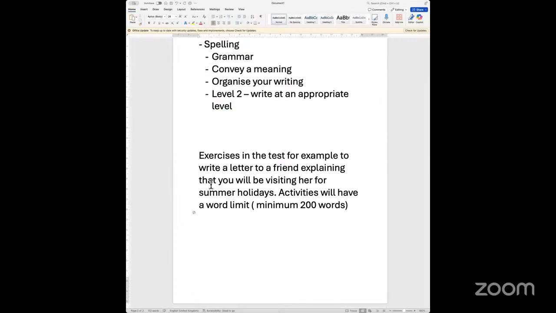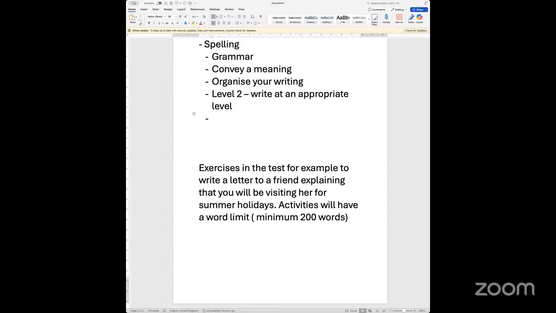So when you're given this particular activity to write, I need to be able to write at an appropriate level. If a child was writing it, or my daughter was writing it, who's 8 or 9 years old, she would also be able to write this letter, but her language and style of writing is going to be very basic, because her vocabulary, after reading English for a number of years in primary school, will be limited. So here, one of the key things at level 2 is that you need to write at an appropriate level.